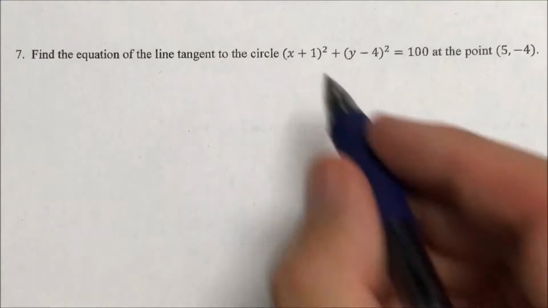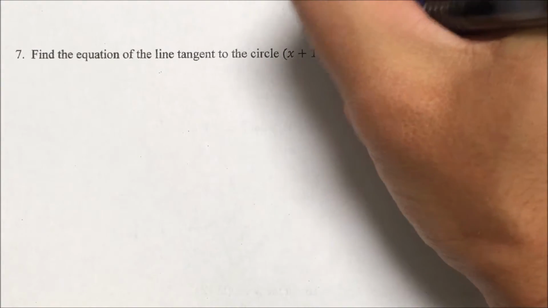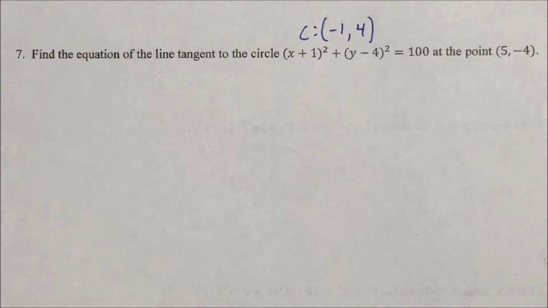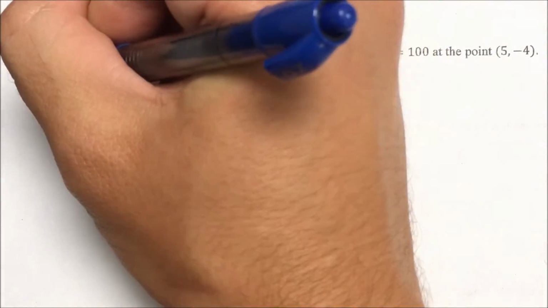This problem is pretty different mainly because the center isn't at 0, 0. The center right here is going to be negative 1, positive 4. But we're going to do all the same steps. So if I wanted to,